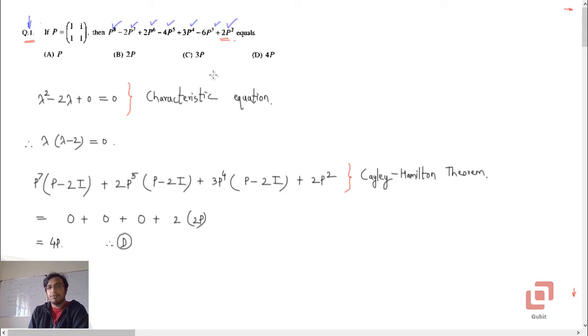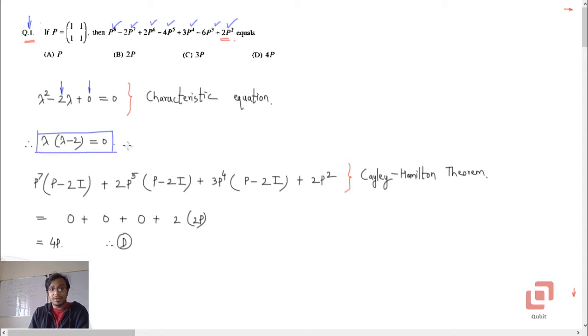So there is some potential of taking some powers of the matrix P common. To begin with, I have written down the characteristic equation of this matrix. And how do we get it quickly? Lambda squared minus the trace of the matrix, which is 1 plus 1, 2, plus the determinant, which is clearly 0. So this is the characteristic equation, and because the determinant is 0, you can now take lambda common and write it as lambda into lambda minus 2 equal to 0.